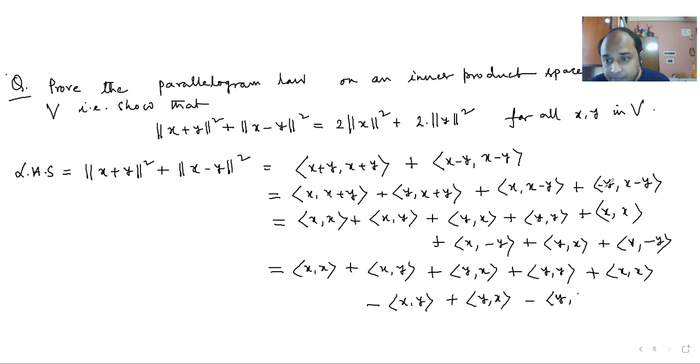This should be minus y, because x minus y is there. So x minus y, x minus y. Sorry. And therefore, this will be xx, xy, yx, yy, xx minus xy. This will also be minus yx,